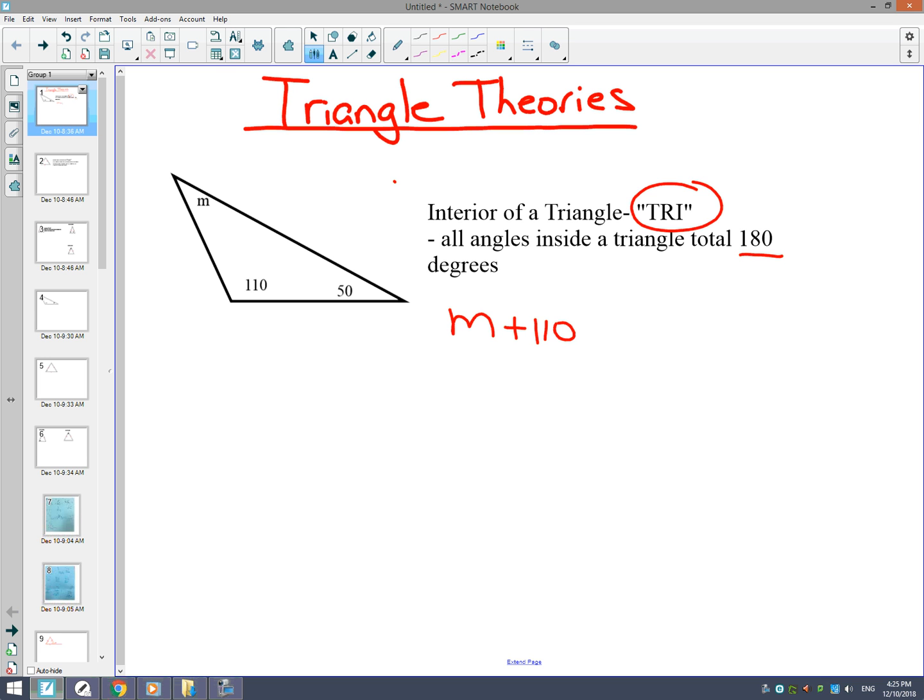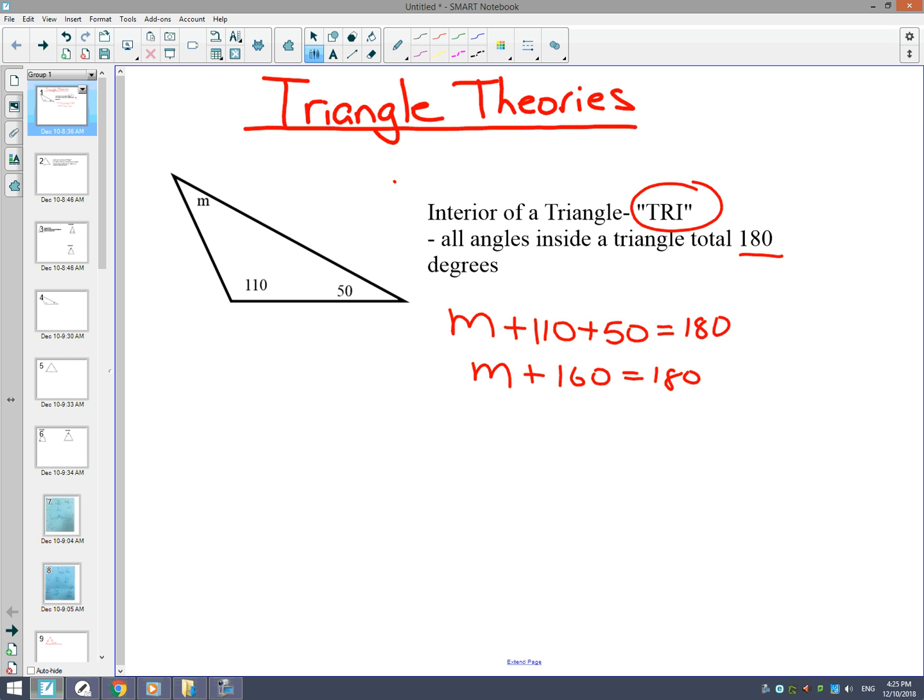So this is a full proof. This is how you show your work. Of course, you can get the answer right away. Some of you can do it in your heads, but we're going to show the work. And now we have M plus 110 and 50. We're going to group those two together. We might as well add them. It says add, so we're going to add 110 and 50, which is 160, and that equals 180